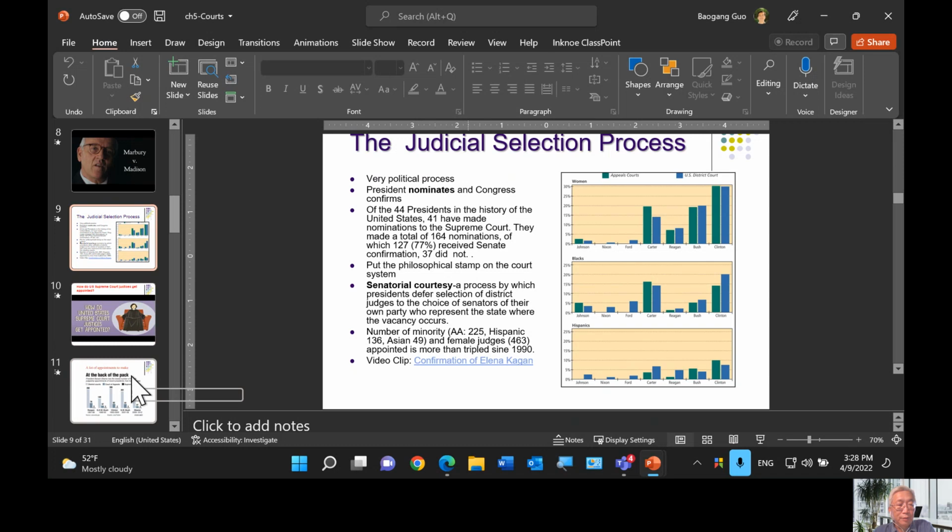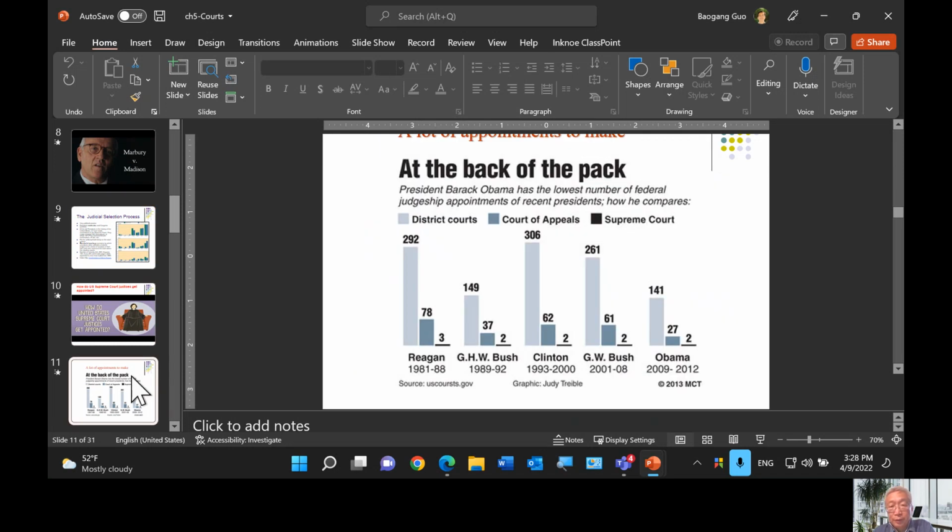Again, I will skip some of the videos since we don't want the recording to be too long. As you can see from this slide, each president actually has a lot of chances to appoint a huge number of judicial appointees. As I mentioned before, there are 870 plus of them. At any given time, there could be dozens of vacancies anywhere in the country. So you can see the record.